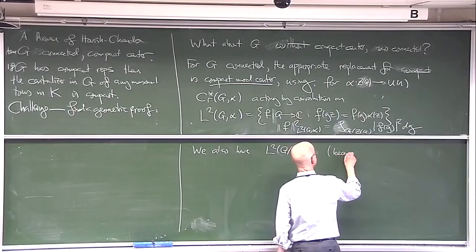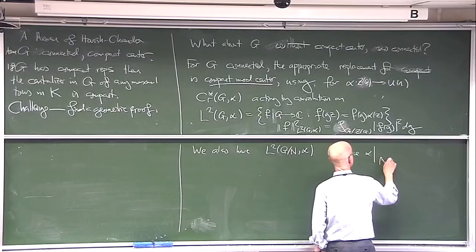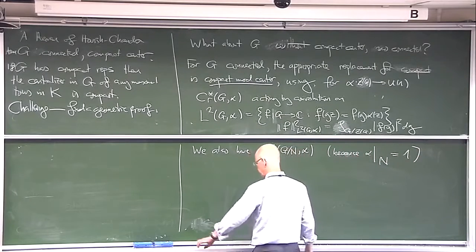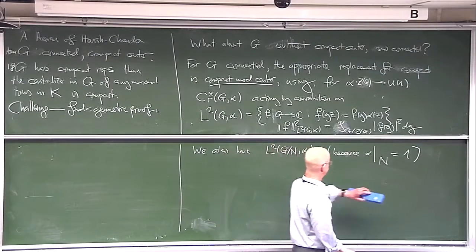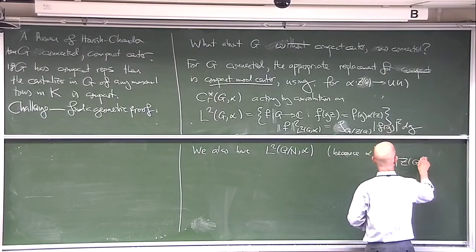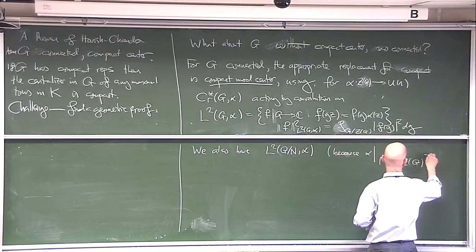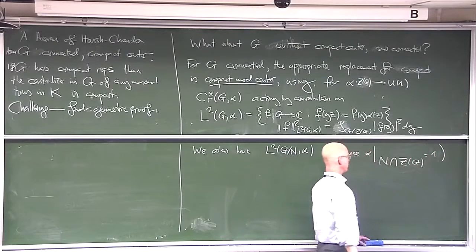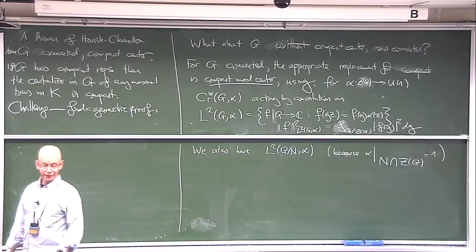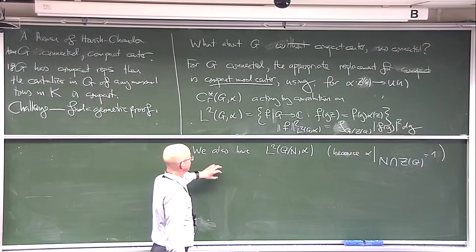If you think about it, any character has the property that when you restrict it to n, maybe I should say n intersected with the center. Well, you have to say it like that. There is nothing in this intersection. It's a one-element group, so alpha restricted to it is certainly the trivial character. And so